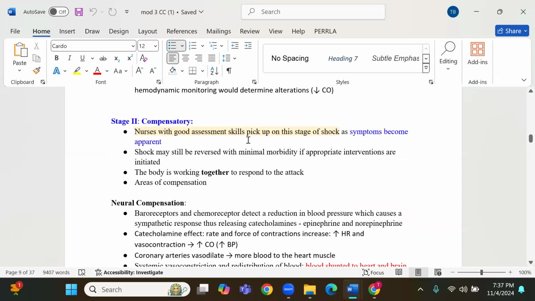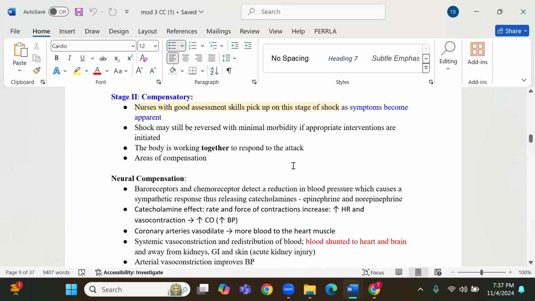Nurses with good assessment skills pick up on this stage. It says as symptoms become apparent. So maybe as the body's trying to compensate, you may catch this. It says shock can still be reversed with minimal morbidity. The body is working together to respond to the attack. I'm going to say we may catch it in an ABG, but it doesn't say that there. So here it says, like